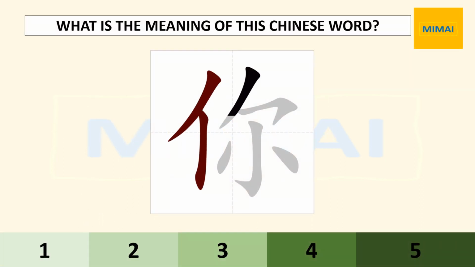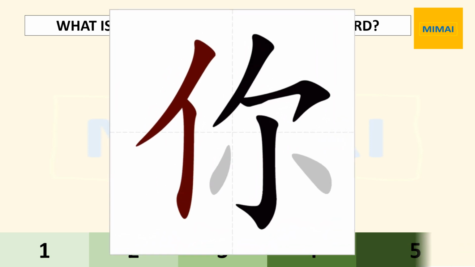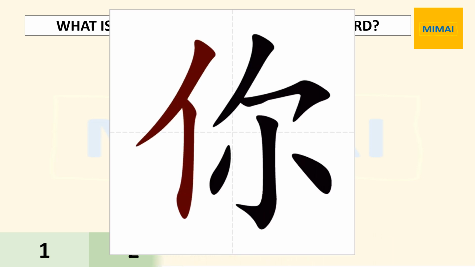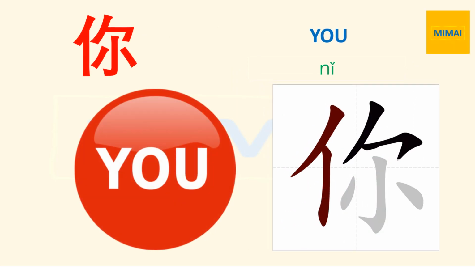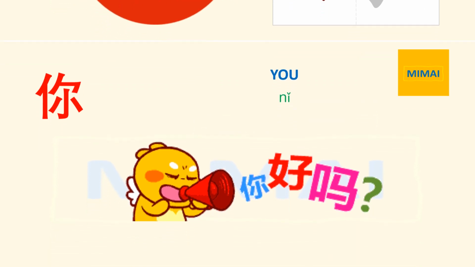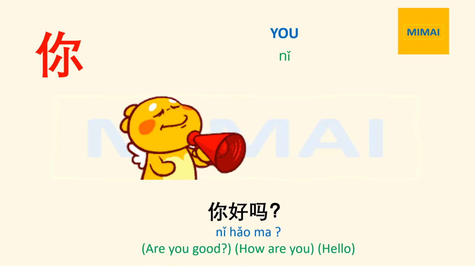What is the meaning of this Chinese word? 你. You. 你 You. 你 You. Here is an example for this word. 你好吗？